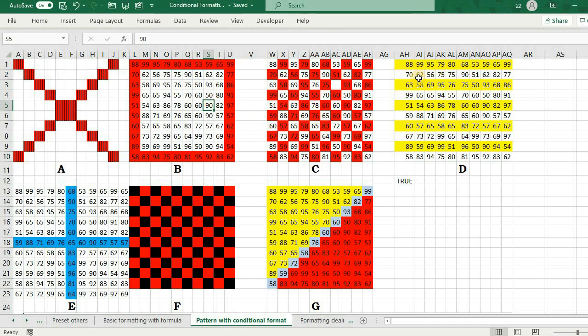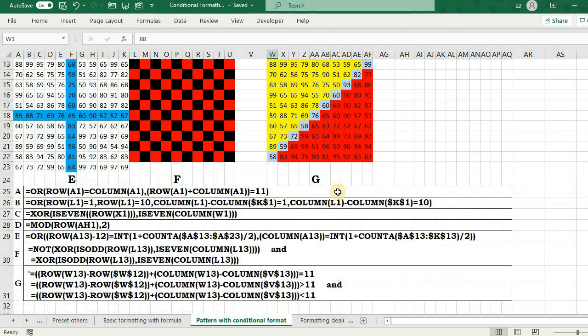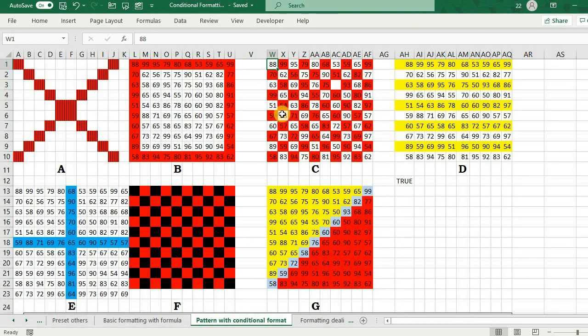See, before moving to C, I can do D pattern also. This is easier. This is based on whether this row number is odd or even. That's it. Or you can say whether the row number divided by 2 gives 0 or 1. It's based on this condition. That's it. You need to key in that formula or paste that formula inside the new formula tab box. But see this one, and you have a formula for all these figures, so don't worry. So I'm showing you this pattern.